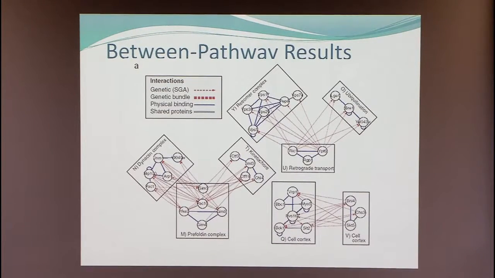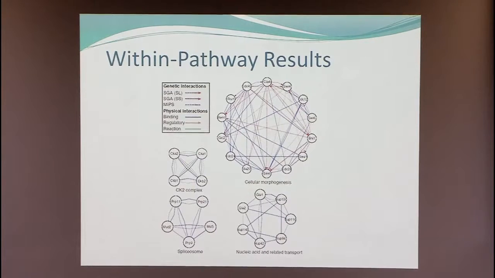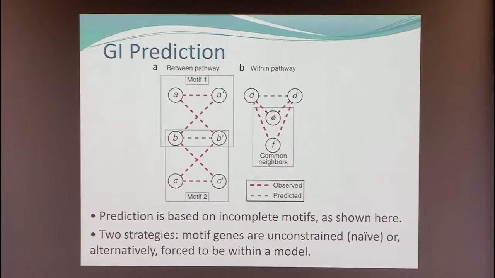And so they applied the scoring scheme. They got different between pathway components and within pathway components, and the way for them to evaluate which one of the explanations was more fitting to the data at hand. So they did two things. I'll briefly tell you about both of them. One of them was to use these modules in order to predict, and this Donna alluded to, new genetic interactions.